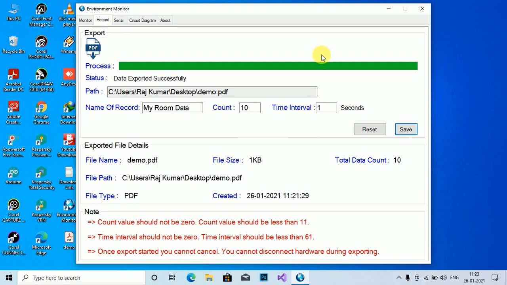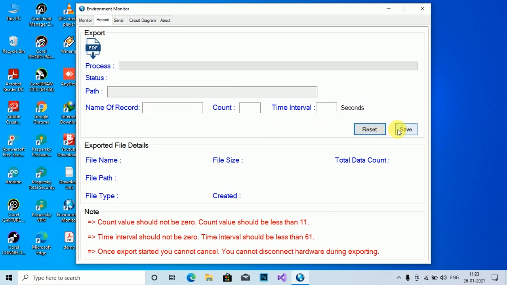If you want to export it again, just click on reset, then fill the record details. I am giving it as my data. Now I am giving count as 5 and time interval as 1 second.